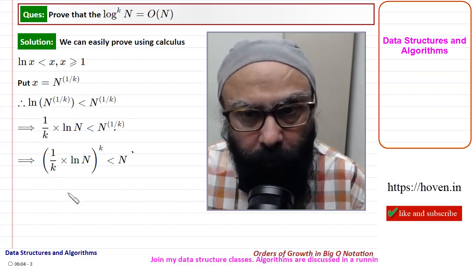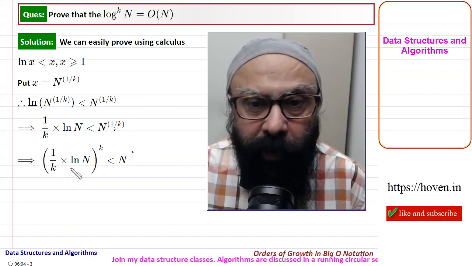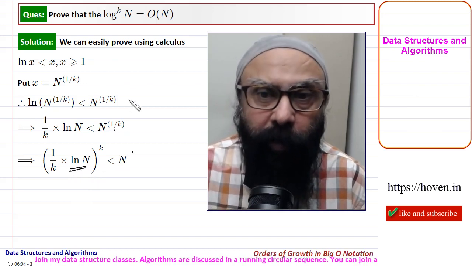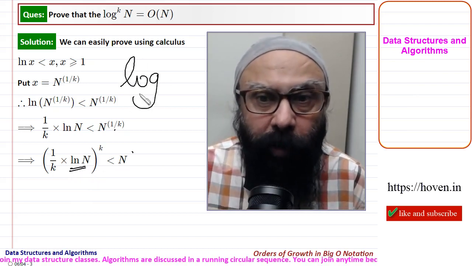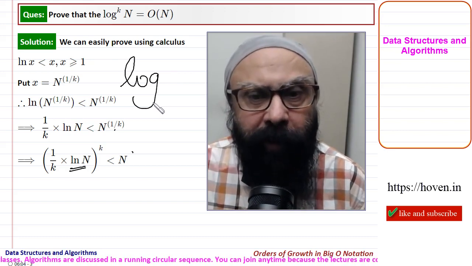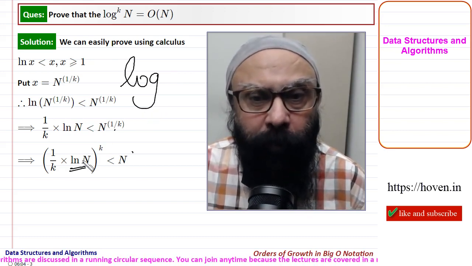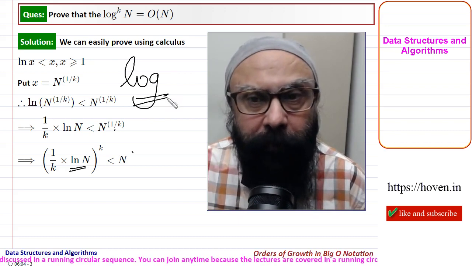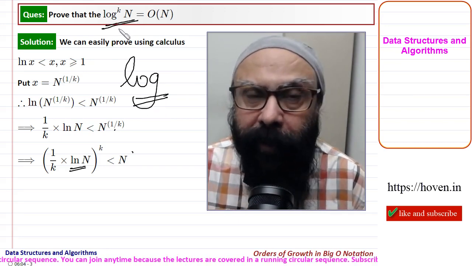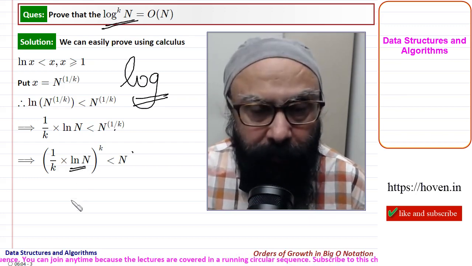Now I have been using log natural in this case, so it is time to change this log natural into any generic log base. The log could be base 2 or any base, so I will change it from log natural to any log base, so that our proof remains a general proof and is not limited to log natural.